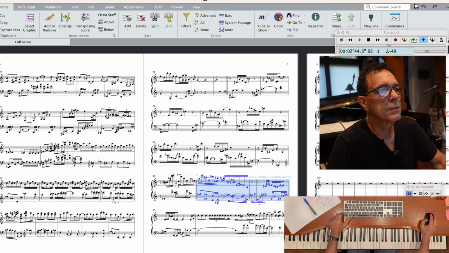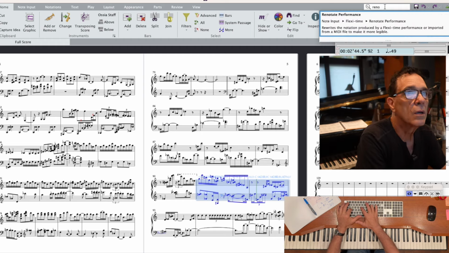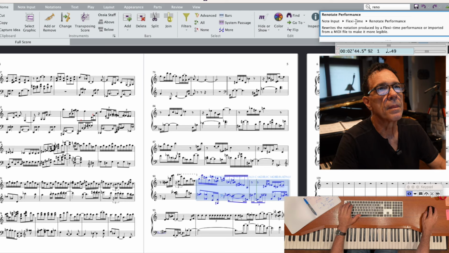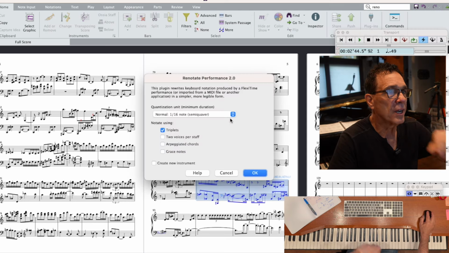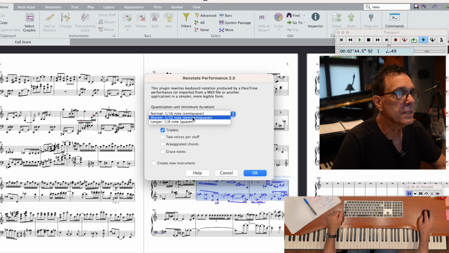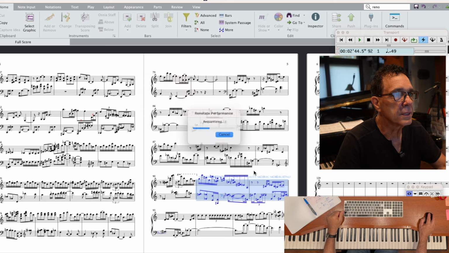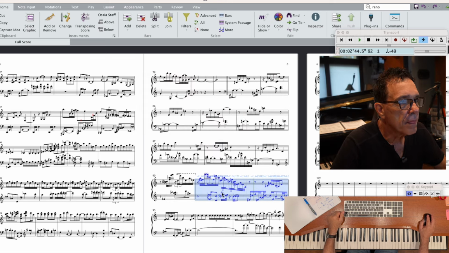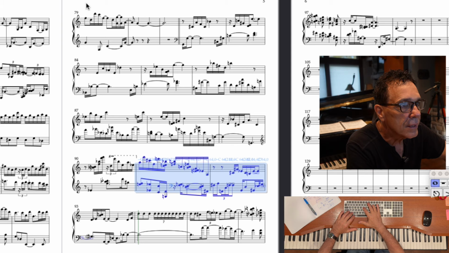I'm highlighting those bars and going to Re-notate Performance, and I'm going to see if I can do it to the 32nd note. So by quantizing this to the 32nd note,